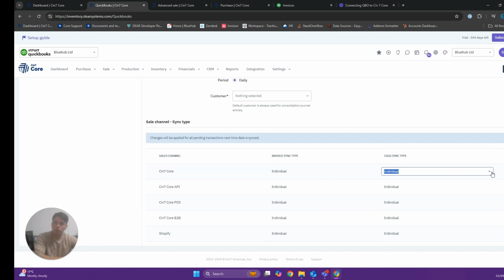The same can be done for the cost of goods, so you can sync those individually per sale, you can consolidate your cost of goods to go across overall, and you can turn no sync on. There is some more in-depth analysis that you can do here in terms of which of these are beneficial to you, but the main standing point is that individual is going to give you the most traceability of orders,